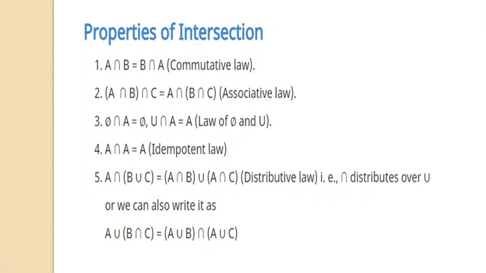Then we have a very important law, which is the distributive law, and we have two laws. A intersection (B union C). When we have this type of expression, how do we open it? We take A intersection B and A intersection C, and in between we put the symbol union. This is intersection distributes over union. Or we can write another distributive law, A union (B intersection C), where outside we have union and inside we have intersection. So how would we open it? A union B and A union C, and in between we will put the symbol intersection. This is a very important law.